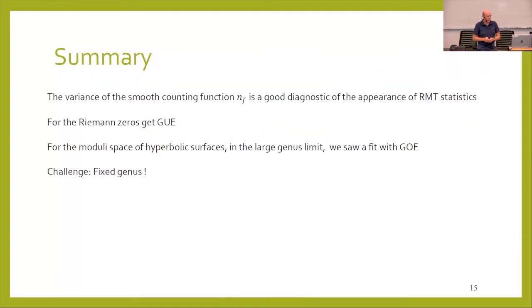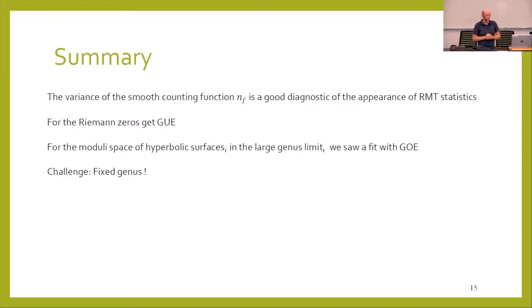Let me just summarize. I showed you this linear statistic, the smooth linear statistic, which was engineered to be a good distinguisher between various flavors of random matrix theory. For the Riemann zeros, it's a good exercise to compute the variance of this linear statistic, and you'll get this funny quadratic functional of f. And what I showed for the moduli space of hyperbolic surfaces, at least in the large genus limit, is that you get agreement with